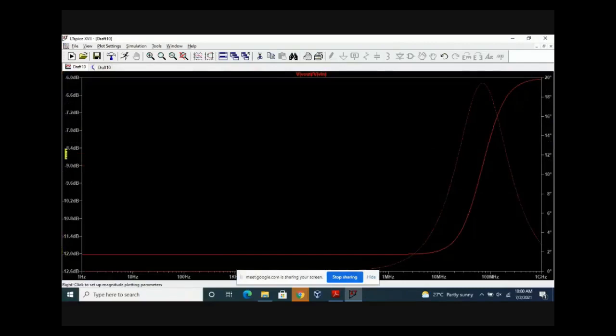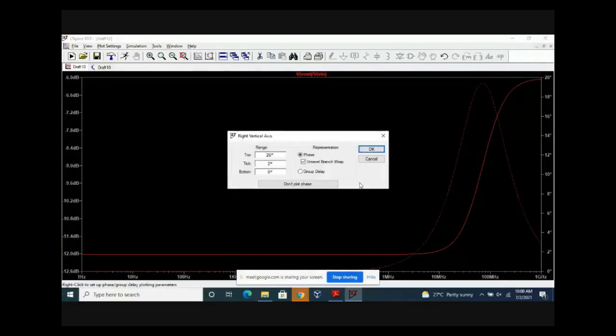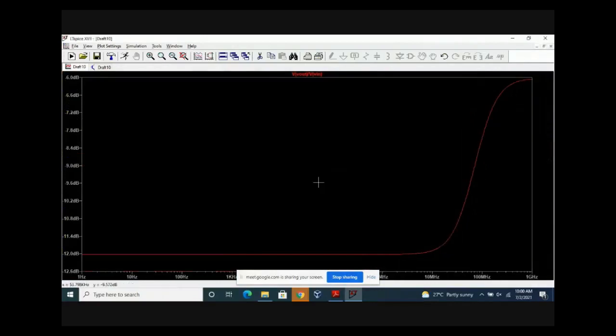On this side, you have magnitude, and this side you have phase. I'll just right click on phase, and I just click this option as delete plot phase. So what you will get is only the magnitude response. And you know that what we designed is a high pass filter, and what you're getting is also a high pass filter. And there are two things you need to understand. You need to verify where is the pole frequency and where is the zero frequency, and the magnitude of that.